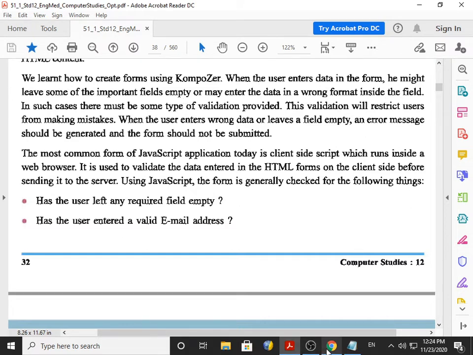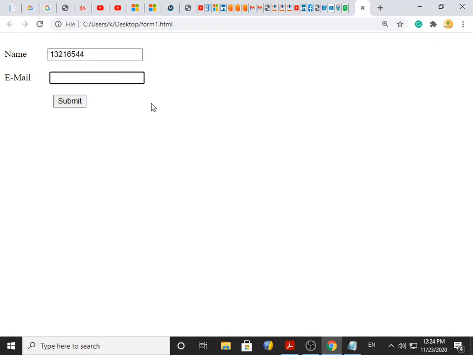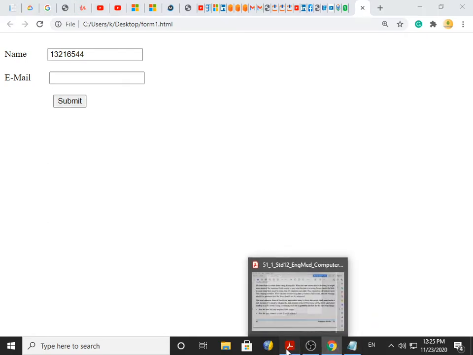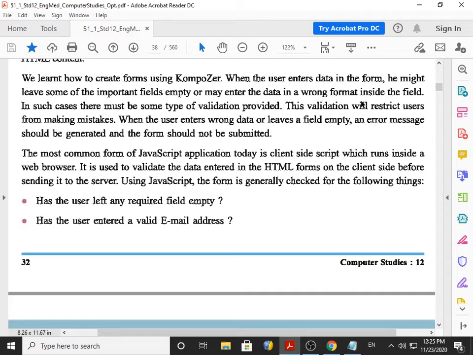Either a person does not enter the data which is required to be filled up compulsorily, or fills up the wrong information, or wrong format inside the field. In such cases, there must be some type of validation provided. We require something which cannot allow the user to enter wrong data, and this validation will stop users from making mistakes.